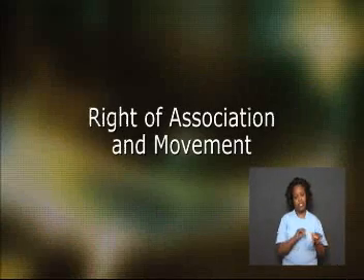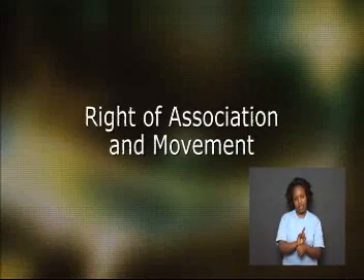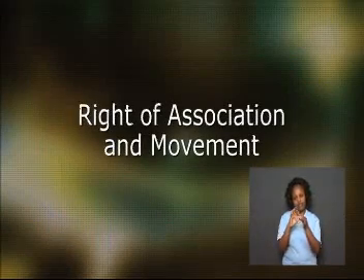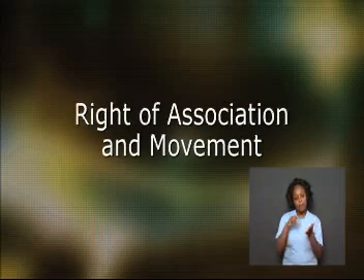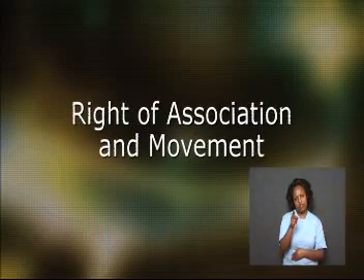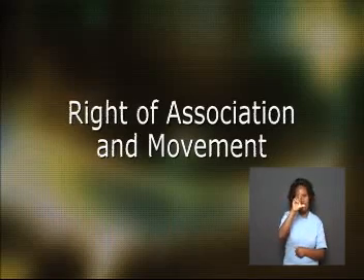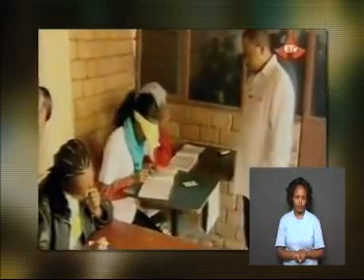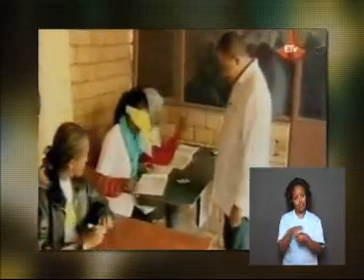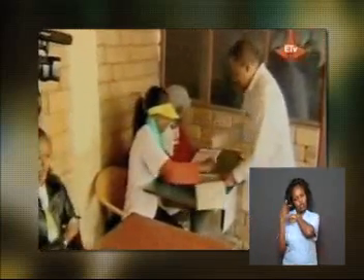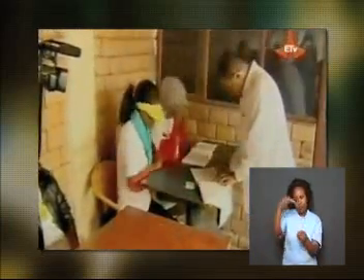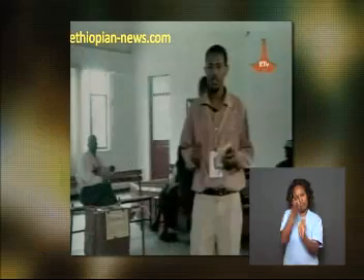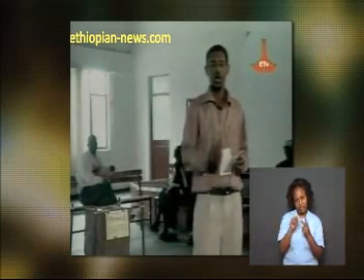As a citizen of a democracy, you also have the right of association and movement. This means you can join and contribute to clubs and organizations of your choice. When you are 18, you will also have the right to join a political party of your choice. You always have the right to make your own choice, and your choice is protected by the Constitution.